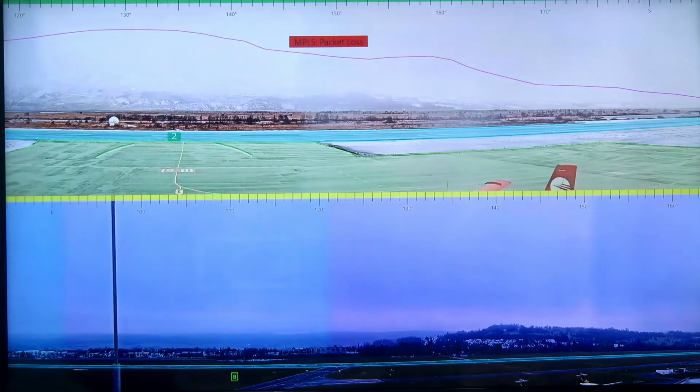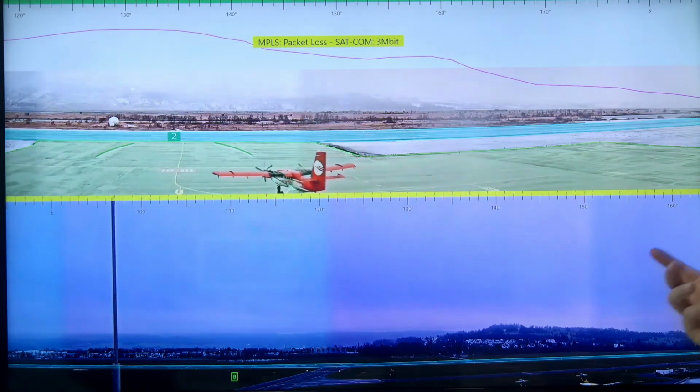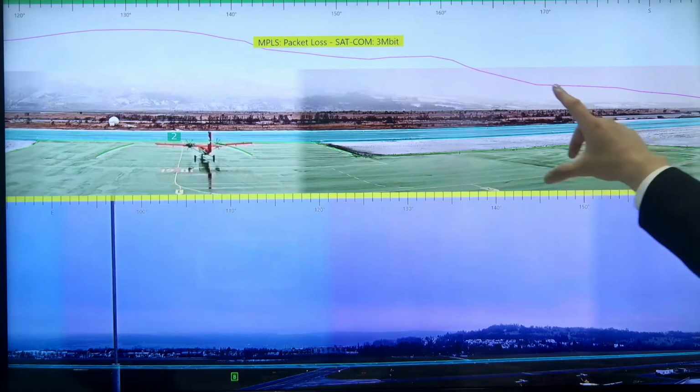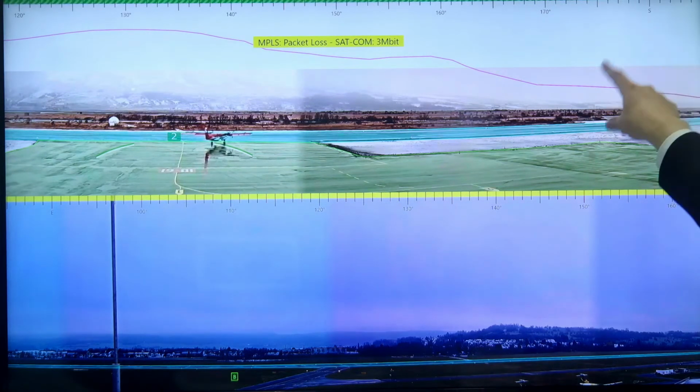And now the issue is detected, and within less than 2 seconds, the system automatically reacts by doing two things. It switches over to the satellite connection. Then it reduces the bandwidth of the panoramic view, and you can see that only the part of the image which is absolutely needed is transmitted, so basically the view on the runway.